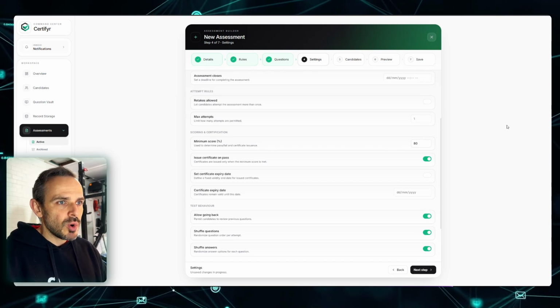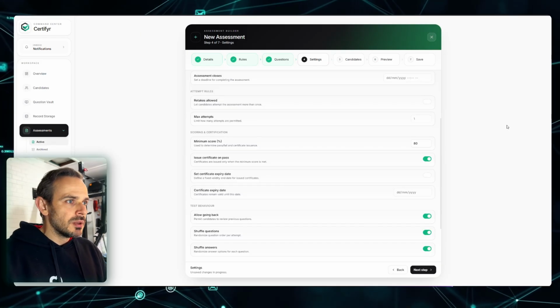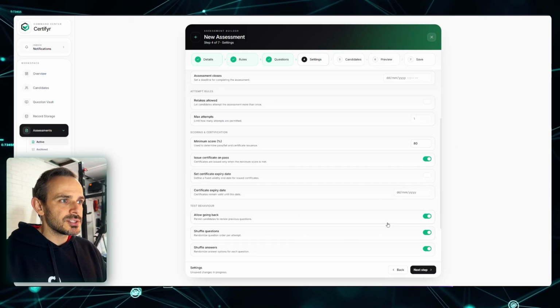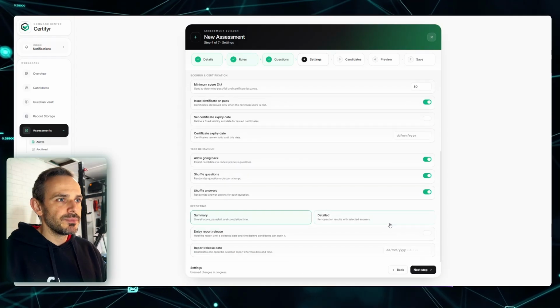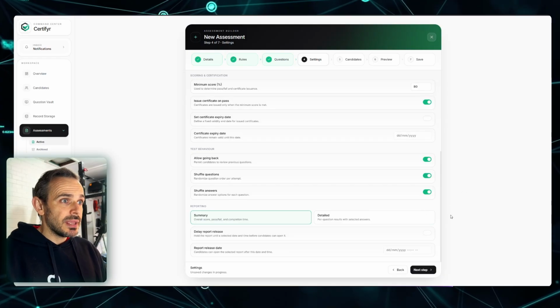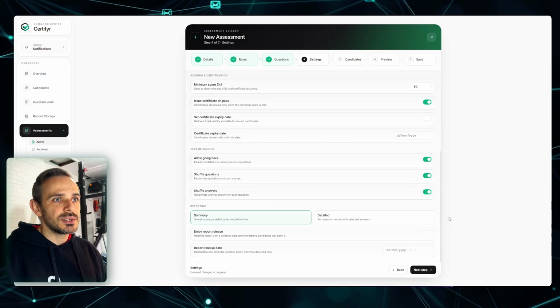That gives you a bit of control over how the assessment runs, depending on what kind of experience you want. Then further down, you've got the reporting. So here, you can choose what kind of report the candidate gets back. If I go further down, whether it's a summary or something detailed. And if you don't want that report available straight away, you can delay the release and set the report release